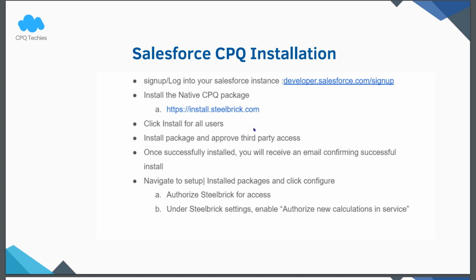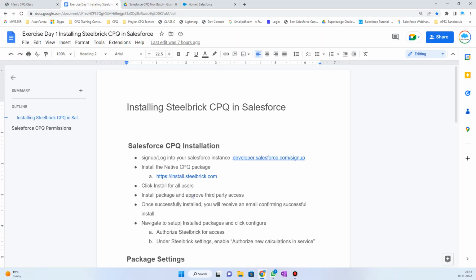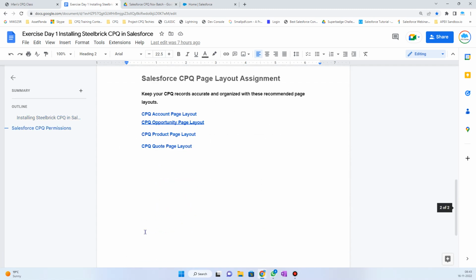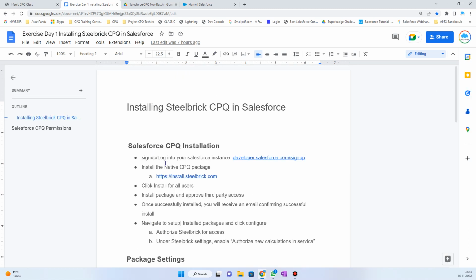So I have provided this document in a Google document, and I have shared it on Google Drive. I hope all of you can access it. We will perform all these steps one by one. So first of all,